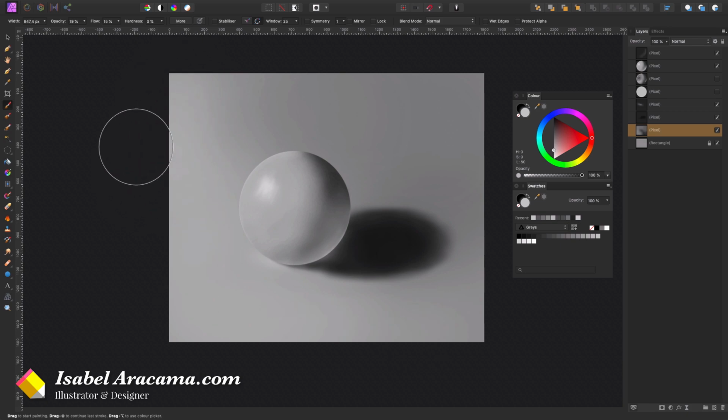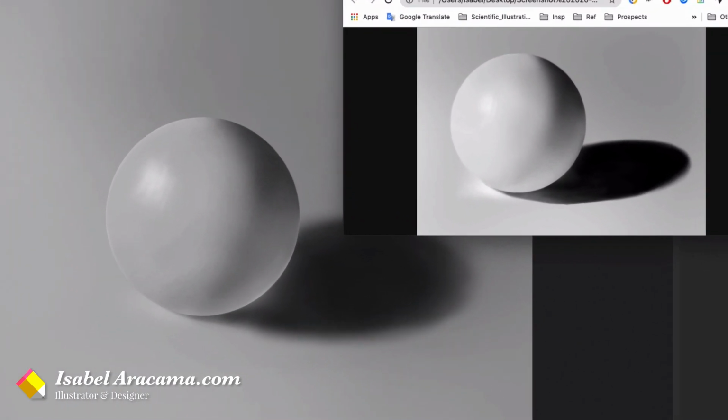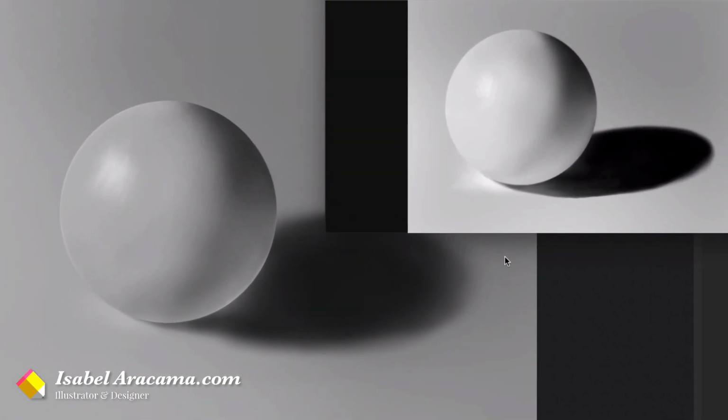That's pretty good. It's not perfect, because of how I've been doing it, but I want to show you the one I did back in the day. It was done in Photoshop, and it took me a little bit more time than this one, but it has, I think, more or less these concepts really well rendered out.